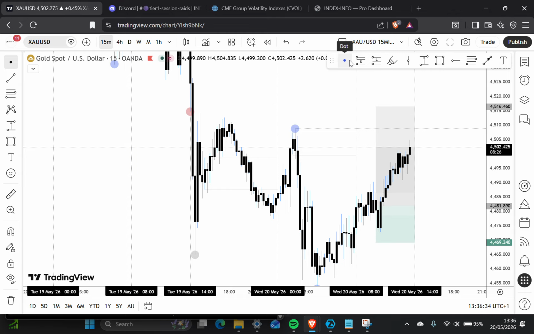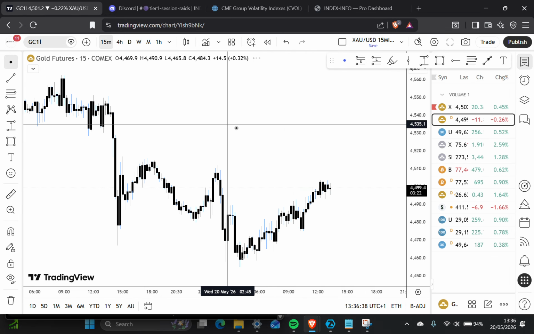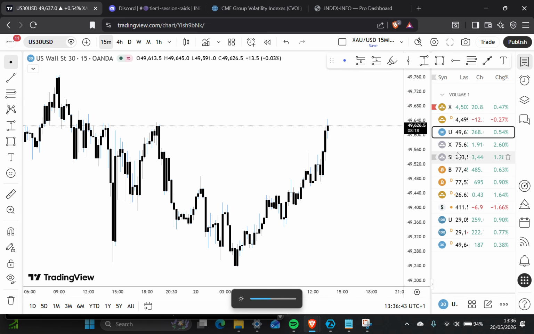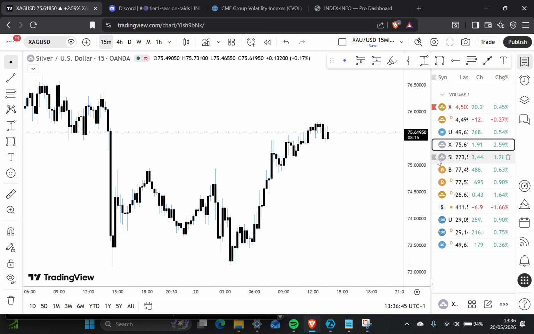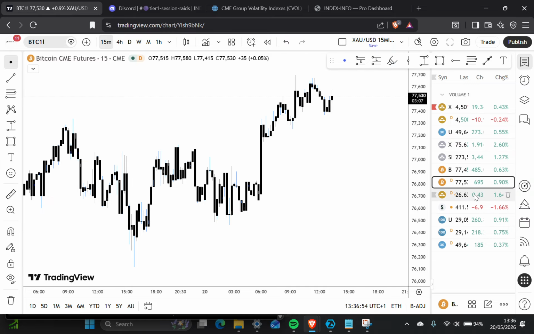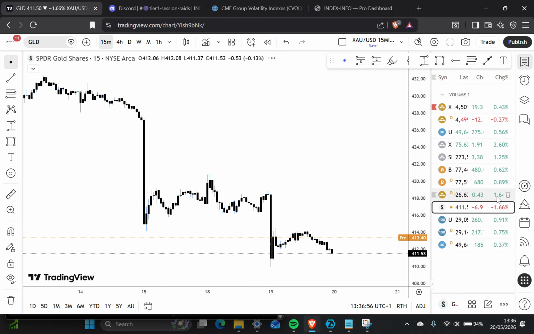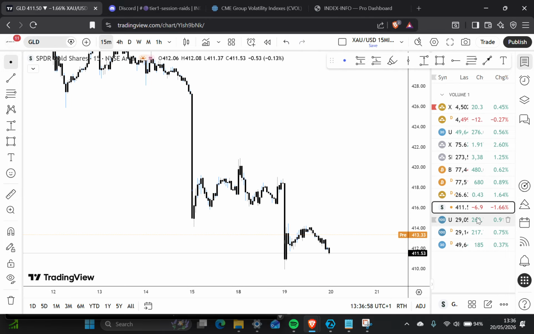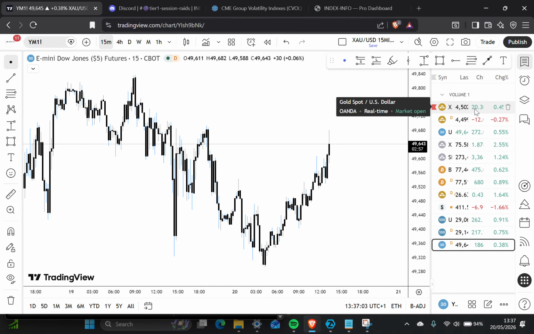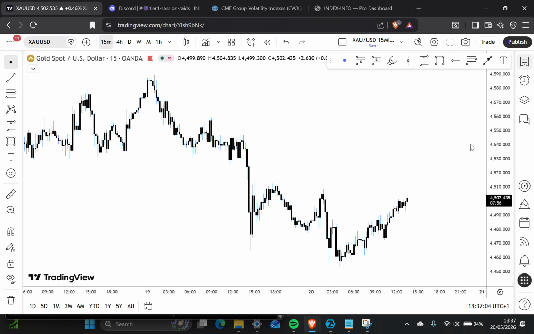Okay, let's have a look. 13:36 UK time, London. Let's just have a look at the cross assets. Let's go over multiple asset classes and see what's happening. It's always a good idea to flick through your charts. I've got all of these asset classes over here, which, here and there, I will go over and just try and observe if there is any volatility shift or any huge moves that are obviously happening across the board.